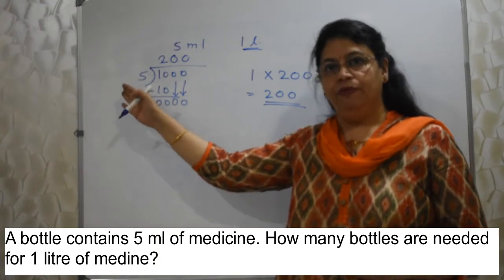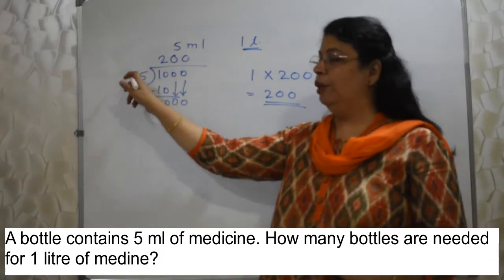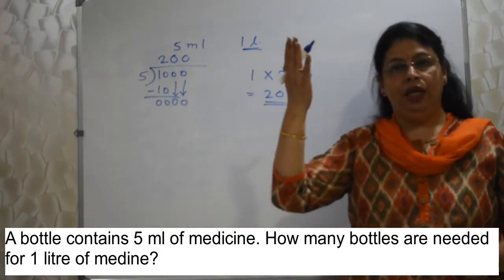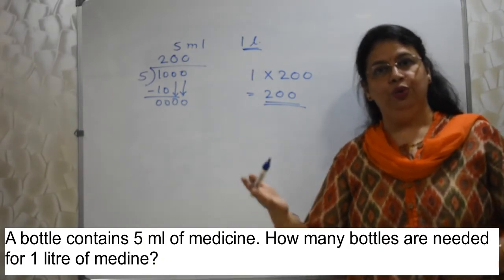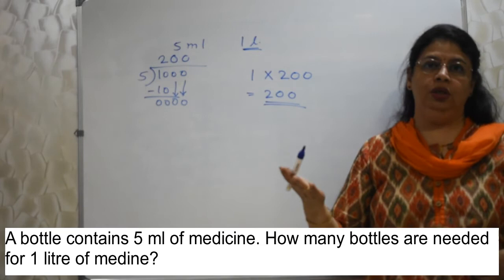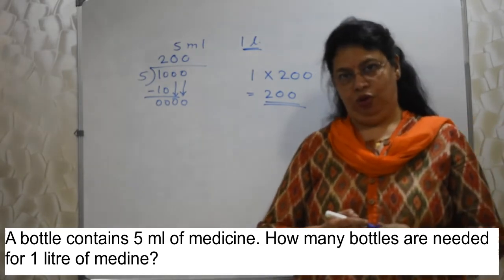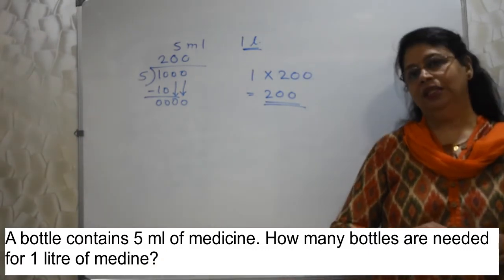Here it is 5, but suppose it is 125, then we don't know the table of 125. Then I have seen students making 125 into 1 jar, 125 into 2 jar. Imagine how much time will go. Can't afford, right? So we should know shortcuts to deal with these kinds of sum.